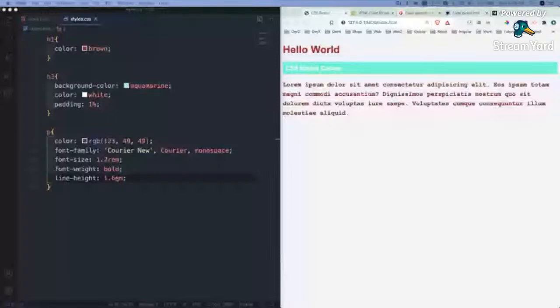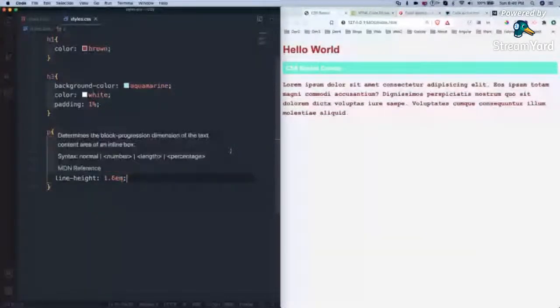So suppose the parent element's font size is 16 pixel, and we take one EM, it means 16 pixel only. REM is relative to the root directly, and by default every browser sets the font size to 16 pixel. So if I take 1.2 rem, it means 1.2 times that.